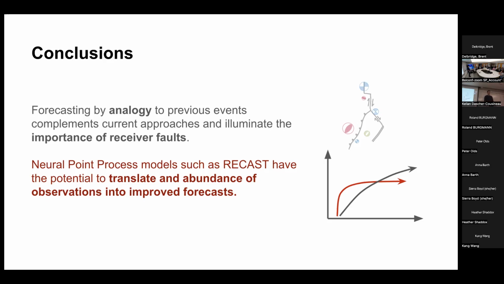I was wondering if RECAST had potential for data assimilation, or if you had to retrain your model each time your catalog was growing, or do you have a way to just branch in the new observations as time goes by? I don't know. Not going to speculate. I know there's a big area of data science that's focused on models that can do data assimilation.